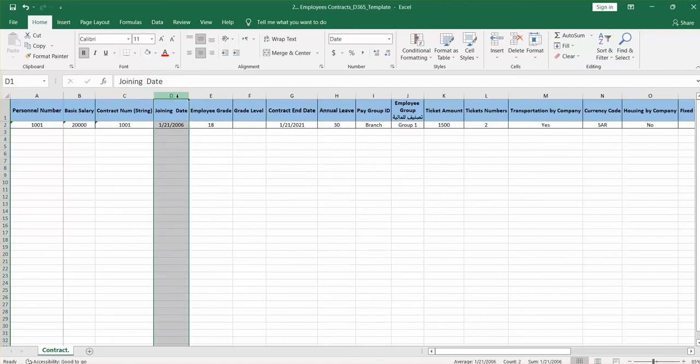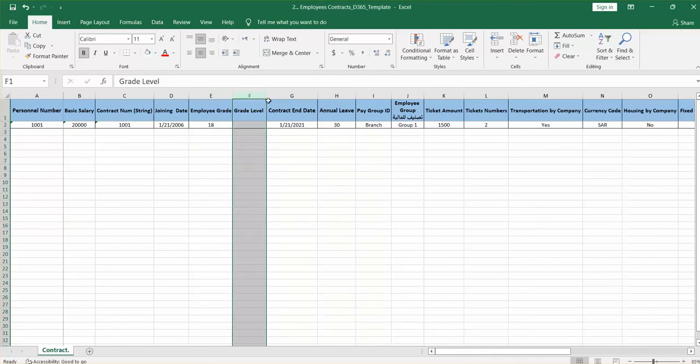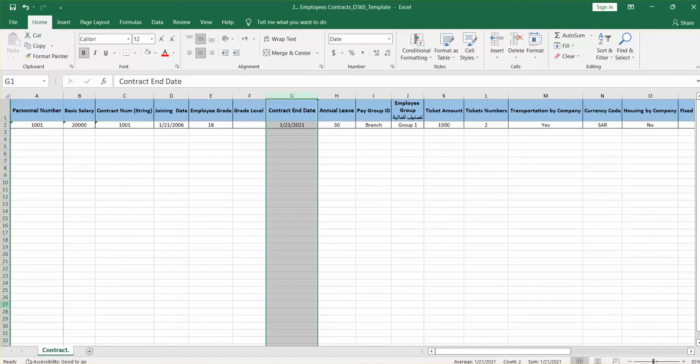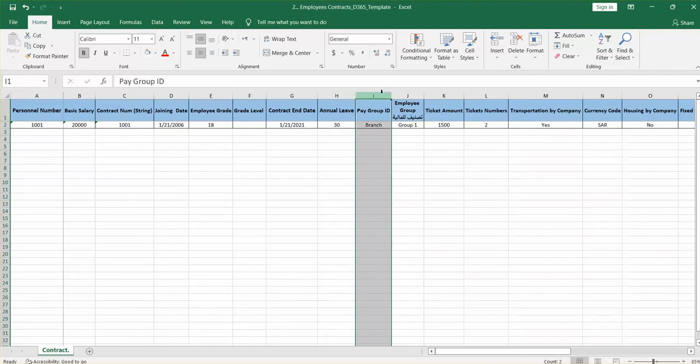The joining date of the worker, which is the contract start date. It can be different from the joining date in the worker profile. Employee grade, grade level, contract end date, annual leave, which is the type of the annual leave on the worker profile, such as 30 days or 21 days. Pay group ID,